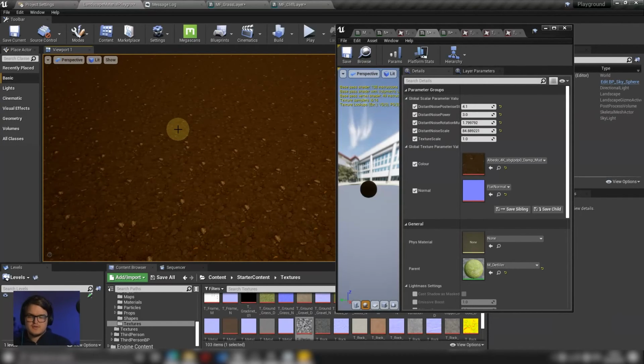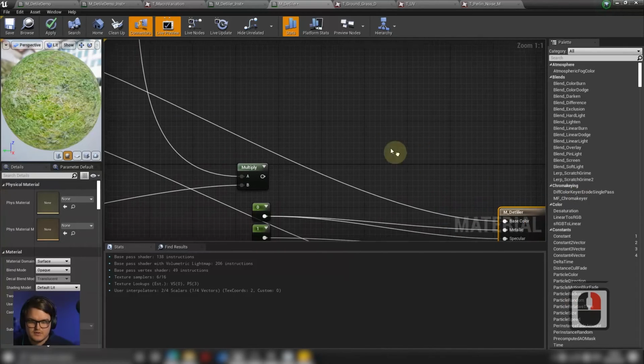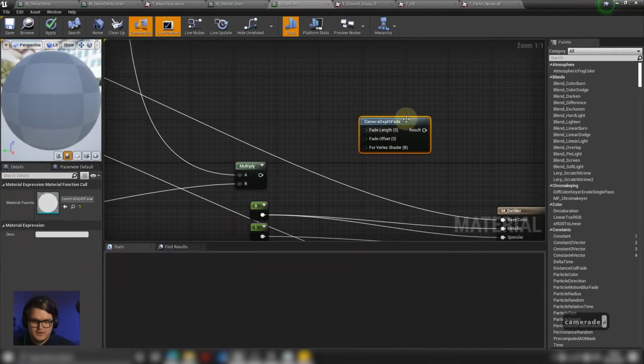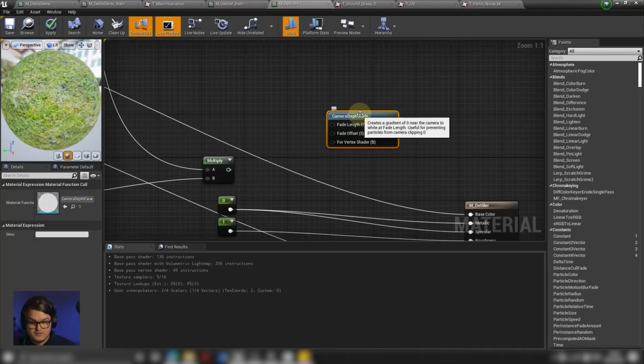So now what we want to do is blend the distant noise, the one that we've just created, which works well in the middle distance, far away from the camera, with the close noise, the noise that we created earlier, which works well close up, closer to the camera. There's a very simple way to do that using what is called the camera depth fade. And what this node does is, if you hover over this, it creates a gradient of 0 near the camera and then 1 at fade length,